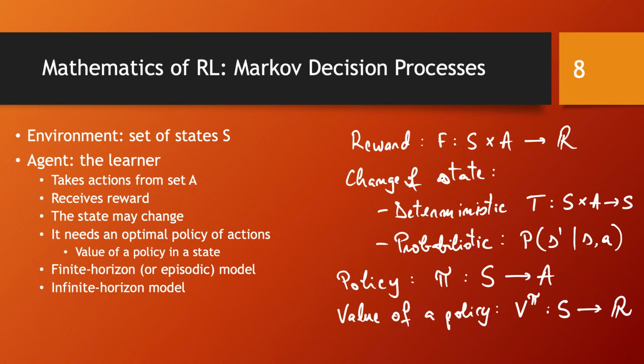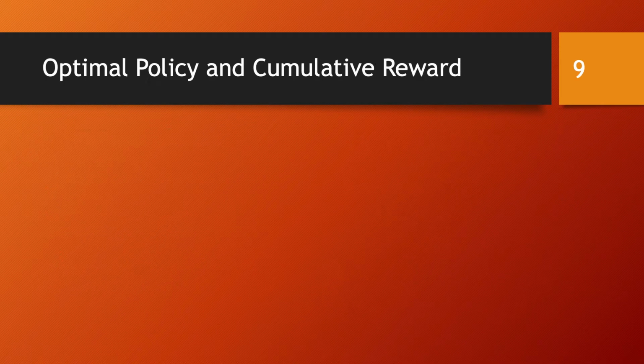And I want to open up a little bit this idea of the dynamical system dictated by the policy and how to think about this accumulated reward throughout this policy. So the way to think about it is like this. We start from some state, let's say state st, and in state st we are going to take an action, and this action is the one indicated by our policy pi.